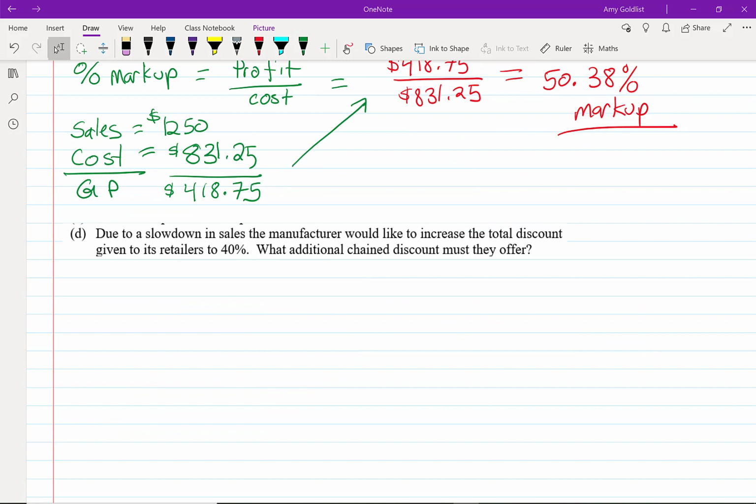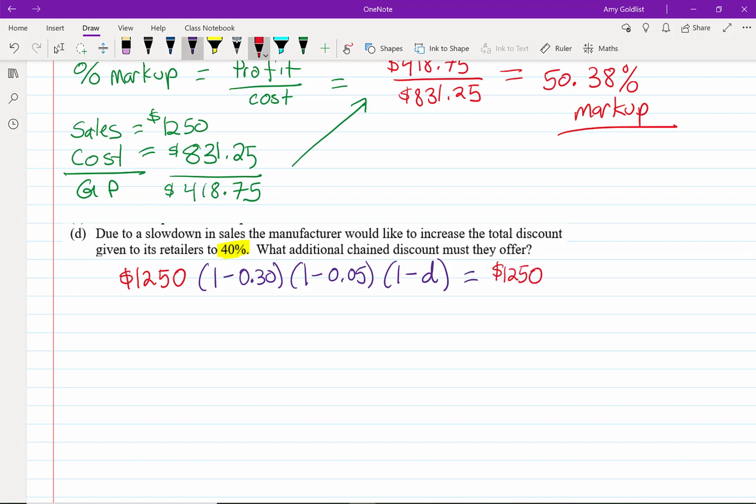Now, Part D. Due to a slowdown in sales, the manufacturer would like to increase the total discount given to its retailers to 40%. What additional discount must they offer? This is asking us to find one more discount, D, so that I can come up with this equation. I'm going to say $1,250 times 1 minus 0.30, 1 minus 0.05, 1 minus D, and I don't know what D is equal to,